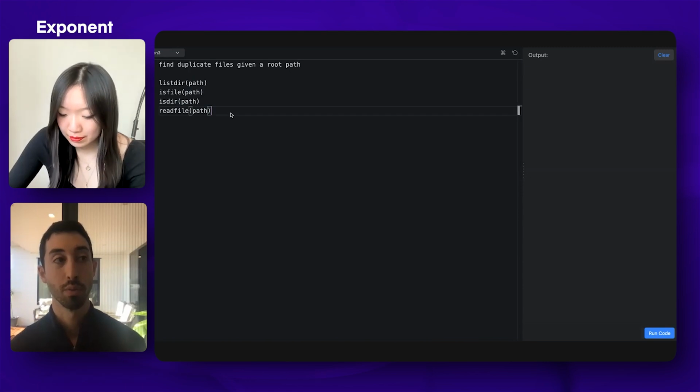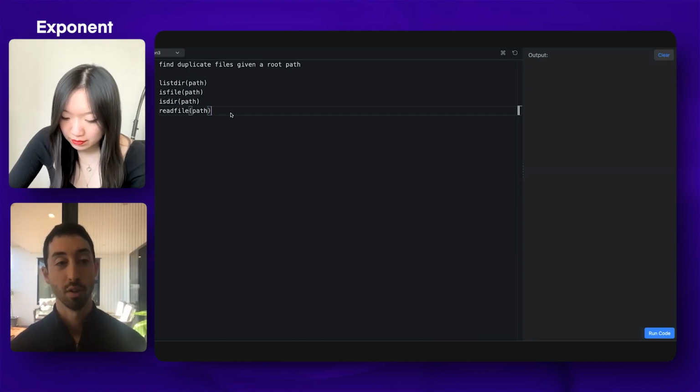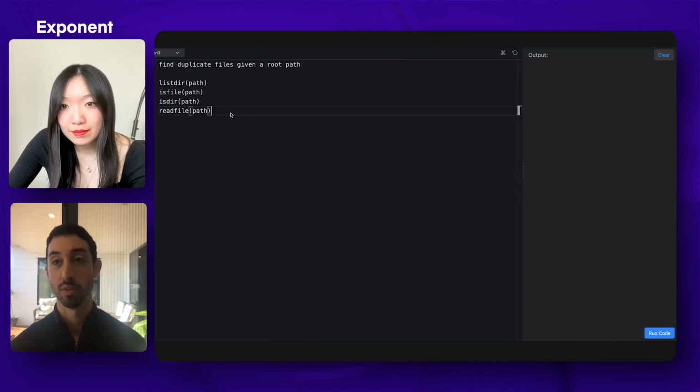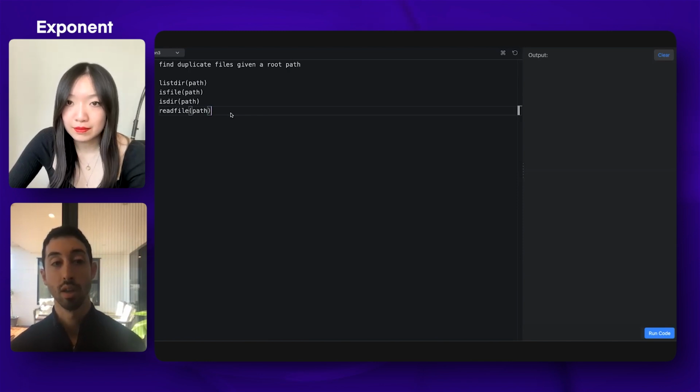Cool. So going into solving the question, usually when we need to compare many objects, it's smart to use a map or a set, instead of comparing all the pairs, which is really slow.